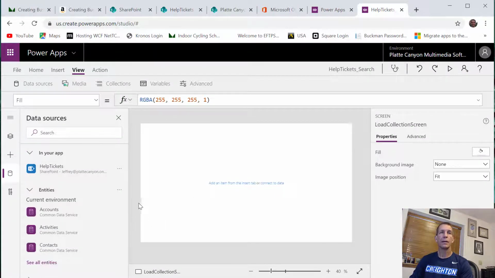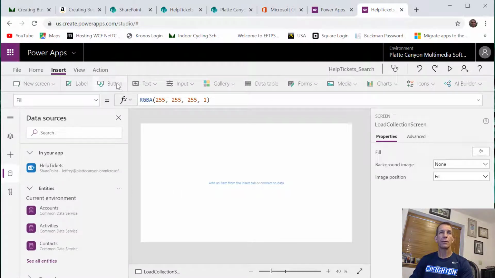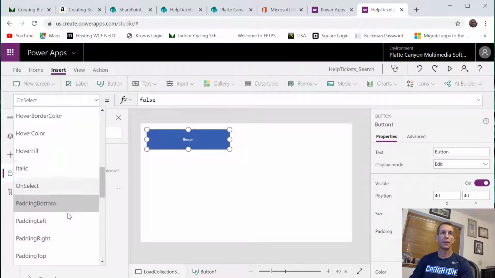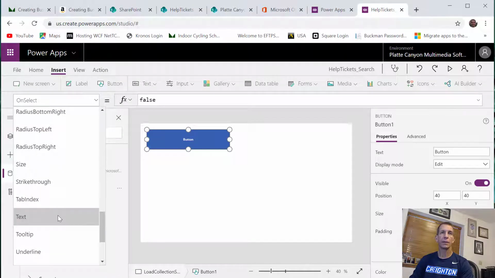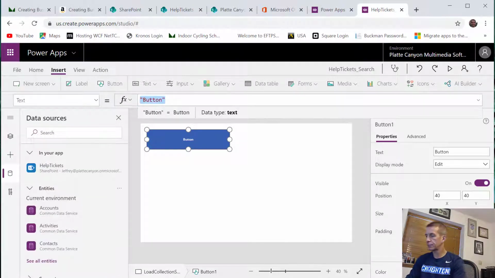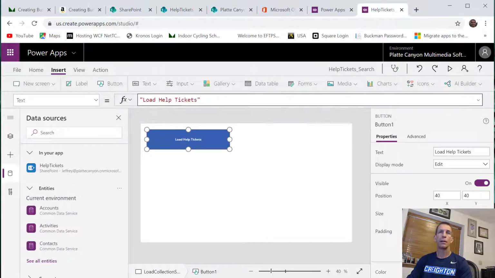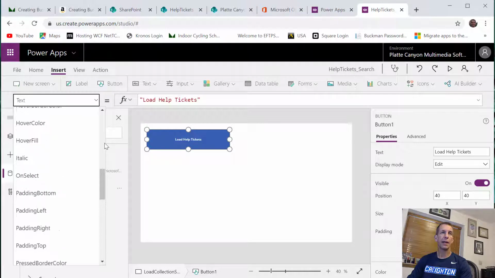All right. So what I want to do back on my thing is I just want a button. So I'm just going to make it nice and big. And for the text of it, we'll say load help tickets. There we go. And on select, which is what it started at,